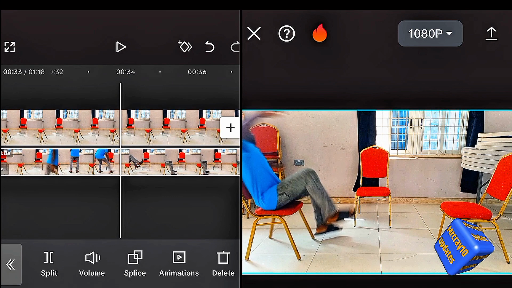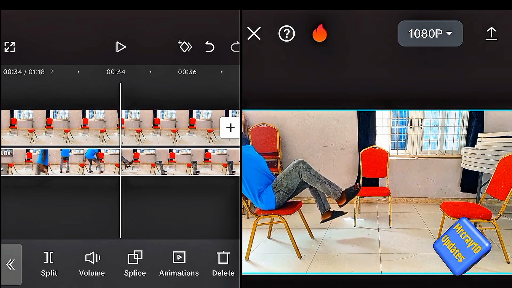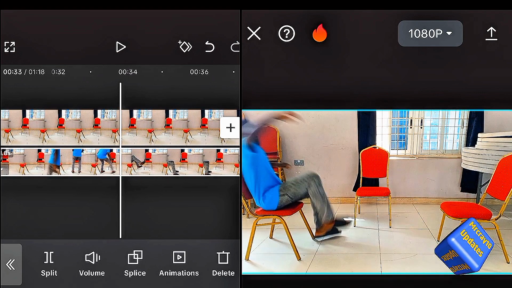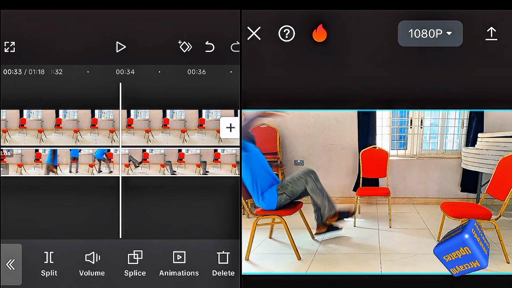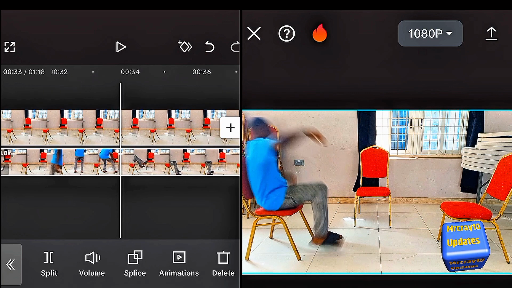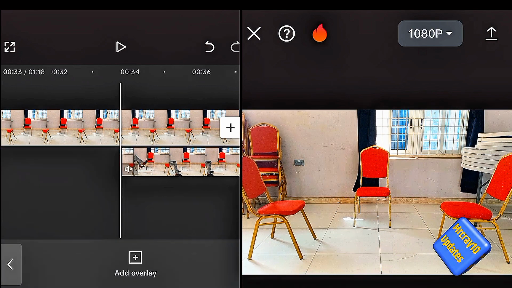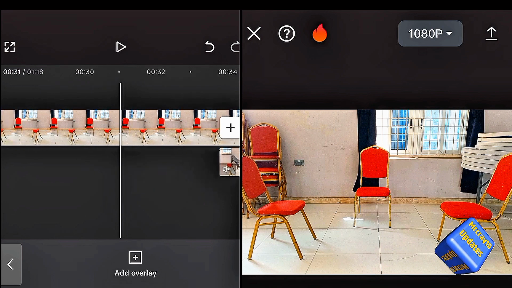Understand? Let it be as something is sitting with force. There's a force pushing him to that seat. Understand? So from this point here, I'm going to tap on the layer, as it is on the layer already. So I will tap on split. Then I'm going to delete this middle part here. You get my point? So what you do next is for you to